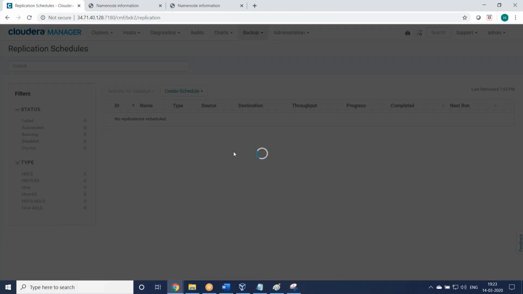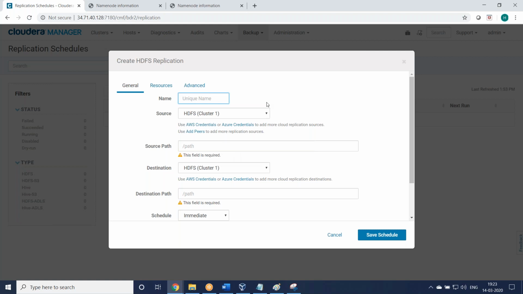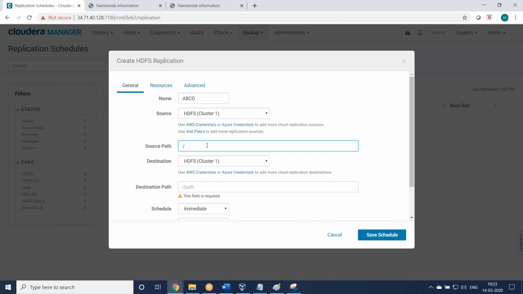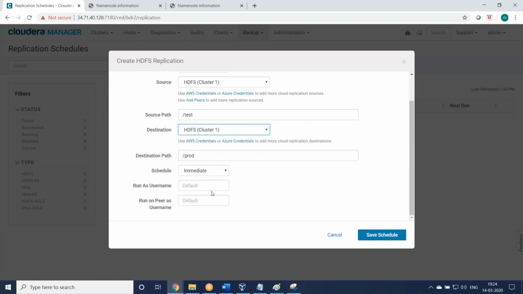So you can create a schedule. For example, HDFS replication. You can give some name. Source: where is the source server? We have only one cluster. Path: we can give some path or a test folder. Destination: slash production. If you have the same cluster or multiple clusters, immediate replication.